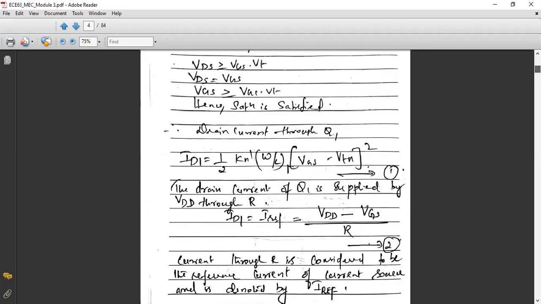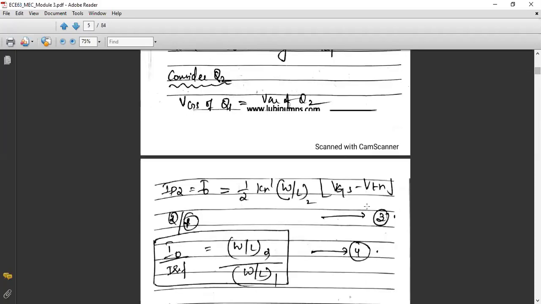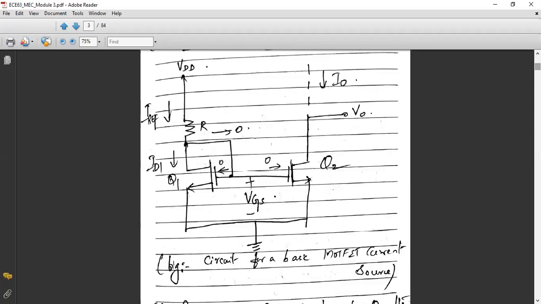As you can see, here I didn't mention VGS1, even though it is of the first transistor. Here also I didn't mention VGS2, even though it is the second transistor. Why have I not put a subscript for VGS like 1 and 2? Because as you can see, the gates are shorted together. The two gate terminals are connected to each other, and again the two source terminals are connected to each other. So as there is a perfect short circuit across the gate-source terminals of the two MOSFETs, you are maintaining the same voltage at either side. So VGS of Q1 is the same as VGS of Q2.